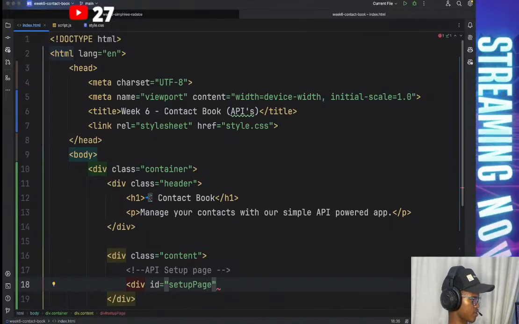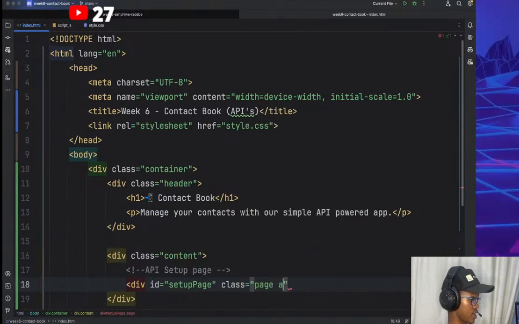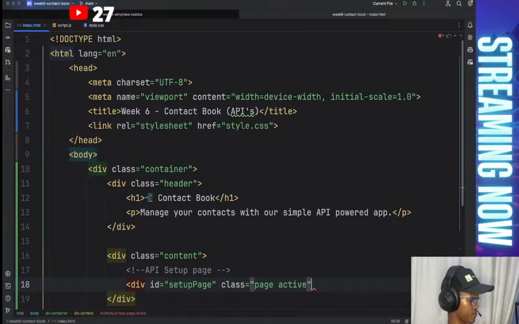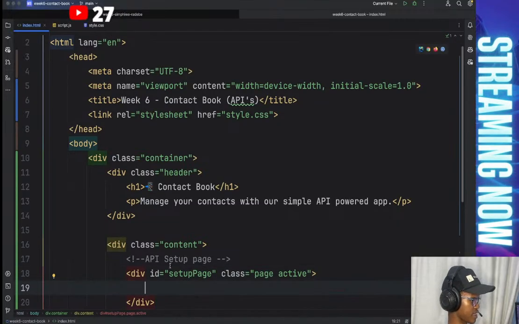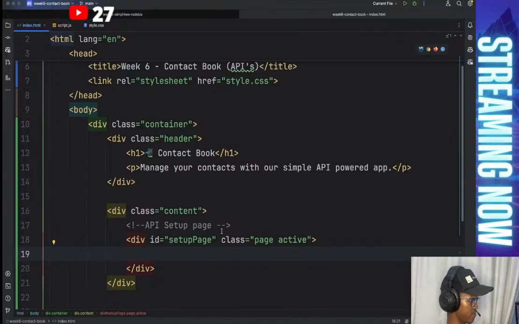Okay, this is for JavaScript. Then we'll give it a class. So this is a page, and it will start as active. That basically says that this page is currently active. So we'll remove this class when it's no longer active and add it to the next page, being the main